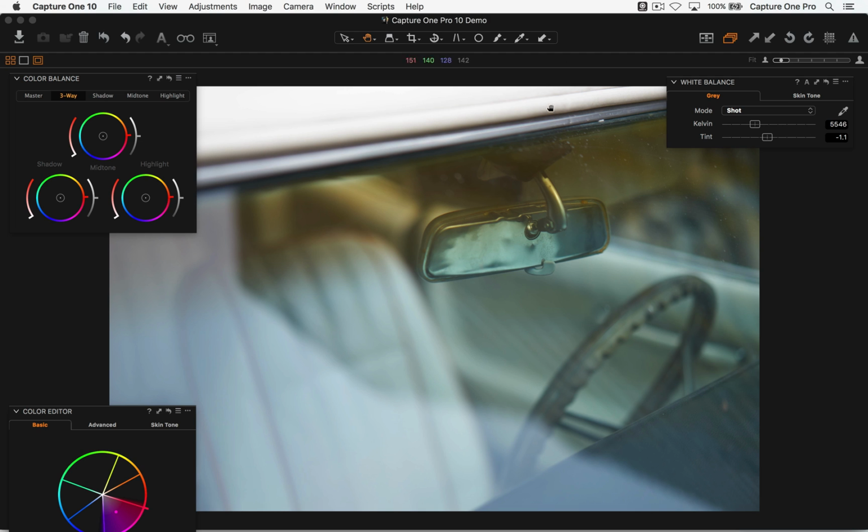So first of all, a couple of people are asking, let's clear up a few things about the color balance tool. First of all, the color balance tool is not available as a local adjustment. I think that's important to point out first of all. It is divided into shadows, midtones, and highlights, but its primary purpose is to place a color tint over the whole image.